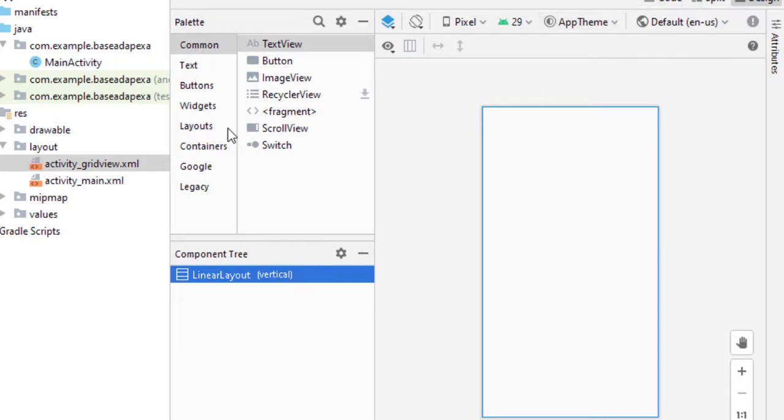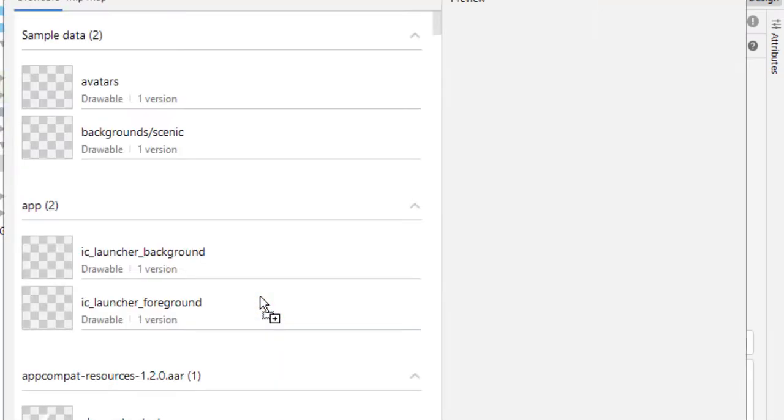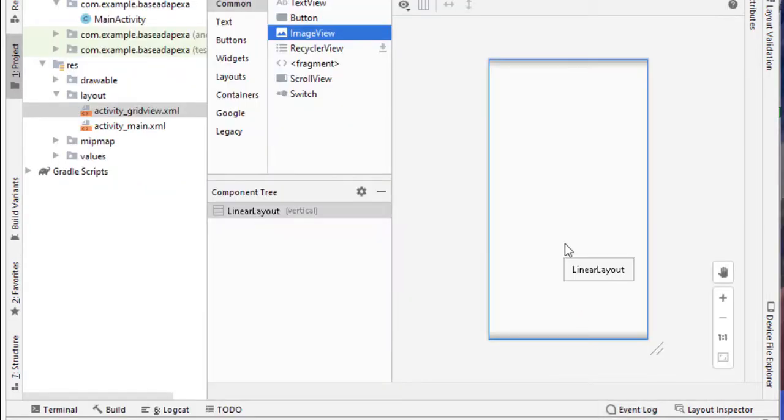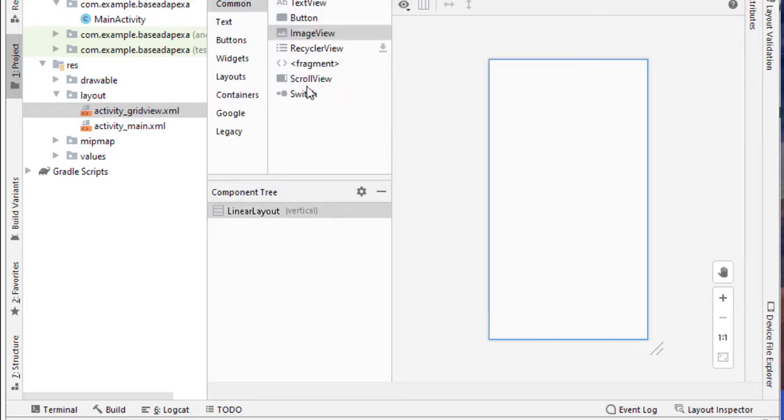Now I am going to add an image view inside it. So I just drag and drop the image view. Right now it asks to add a few things, but I am not going to add anything, and just press the OK button. It doesn't display anything. Please see here, if I do not select any image inside it, it never displays anything.